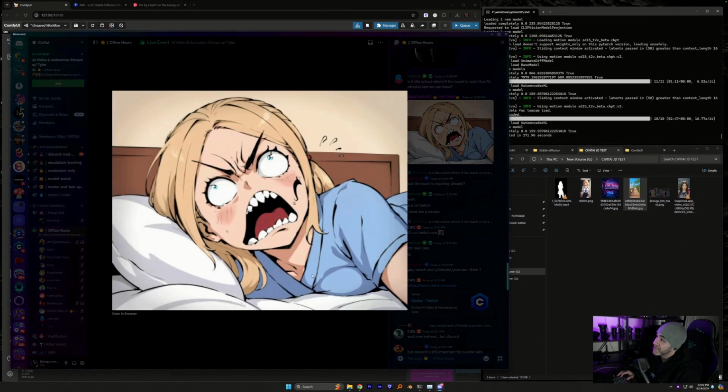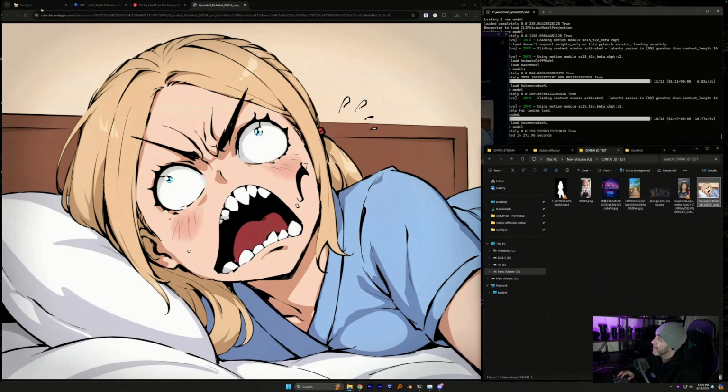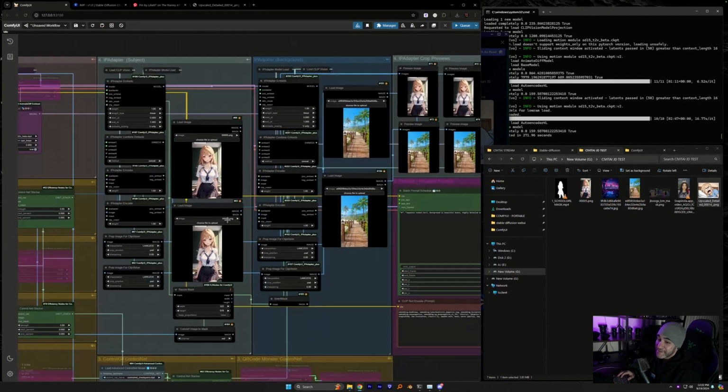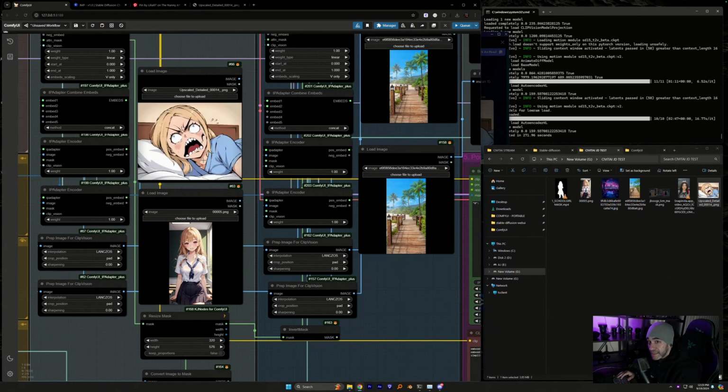But okay, let's see here. I'm really curious actually if it will grab the face off this one. I'm super curious about that. 16 should be good, Hari. You are just going to be limited on how many frames you can run. I can run up to like 1,000 frames at a time on this. Ingelstein, I think you sent this, or was it RAM thrust? Who sent this one? It was RAM thrust. I need a full body one though.